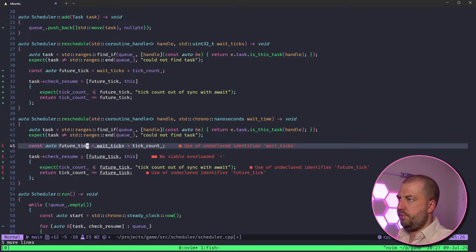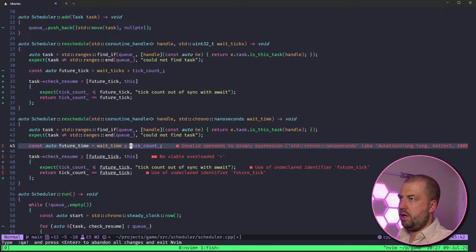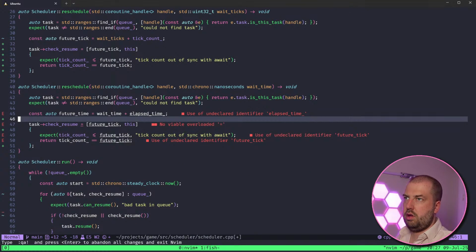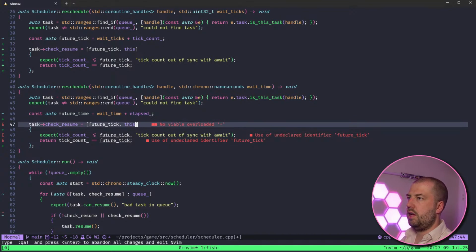Future time equals wait time plus elapsed time. Did I call it? Or is it just elapsed? Great variable naming there. I love it.